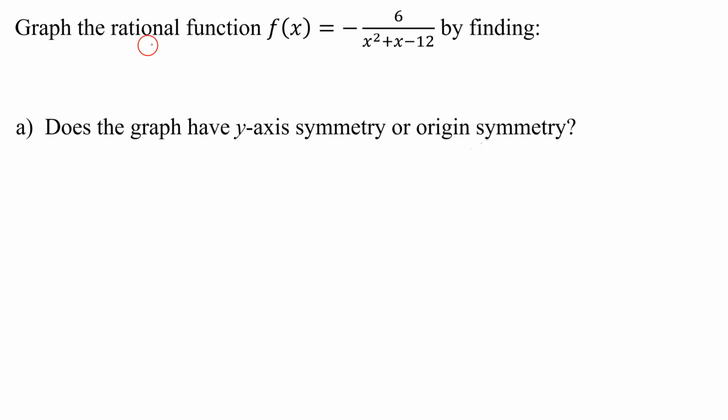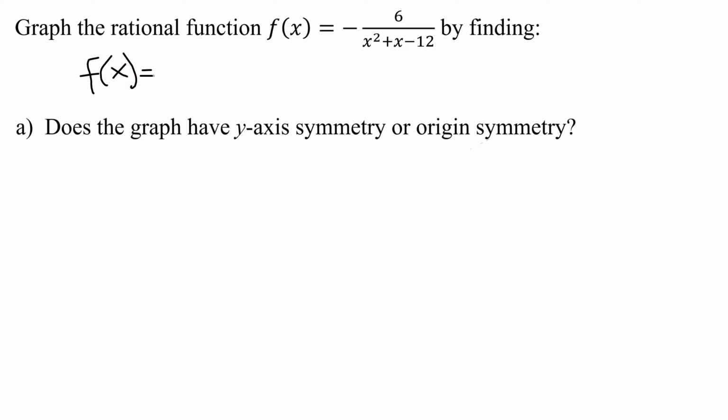In this problem, we need to graph the rational function f of x equals -6 divided by x squared plus x minus 12. We're going to have to find a whole lot of different things for this function, but before we start, it's always good to make sure nothing simplifies in your function. It doesn't look like it's going to, but it's always good to factor everything that can be factored in the